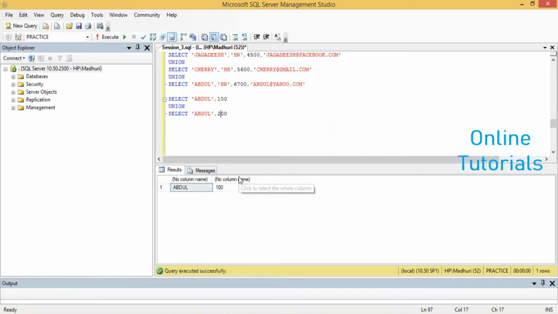If you change it to 200, the result, SQL might think, Abdul 100, Abdul 200. Do you think both are similar values? Now tell me. No, it's a different value. Correct. So this is how SQL will understand. Like if we can go with the salary HR,